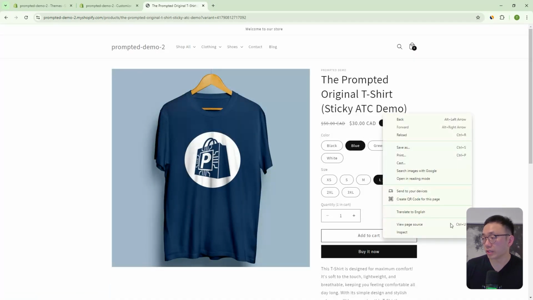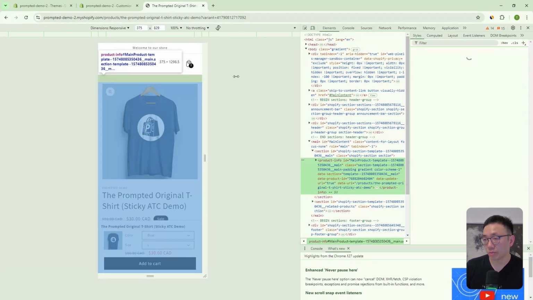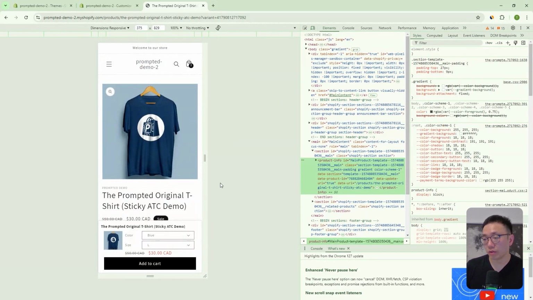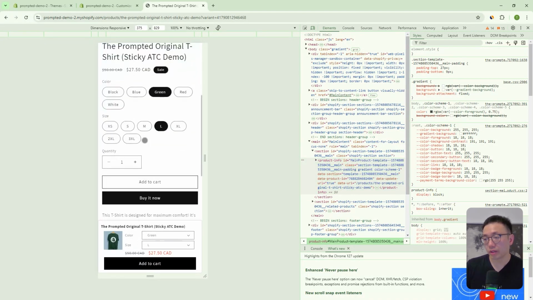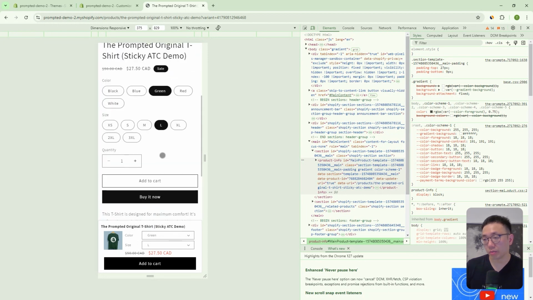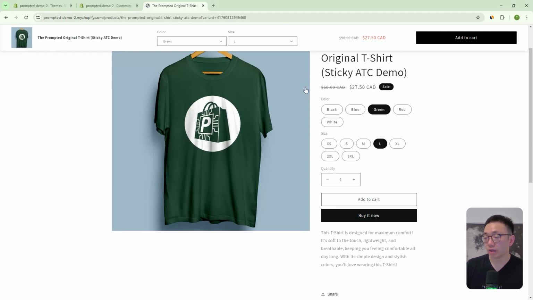So this is both for desktop and mobile. If I go into this inspect mode, you can get a preview of the mobile version, and the mobile version looks a little bit different, right? It's in this case at the bottom here, but you still have the option to select the variant, right? But it stays sticky on the page the entire time. So that's the high-level overview of the sticky add to cart solution, but we actually have a bunch of settings